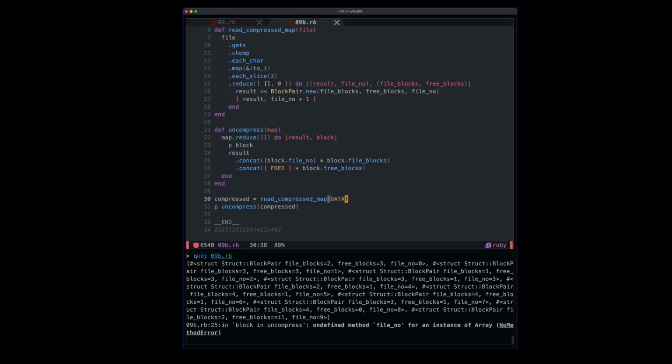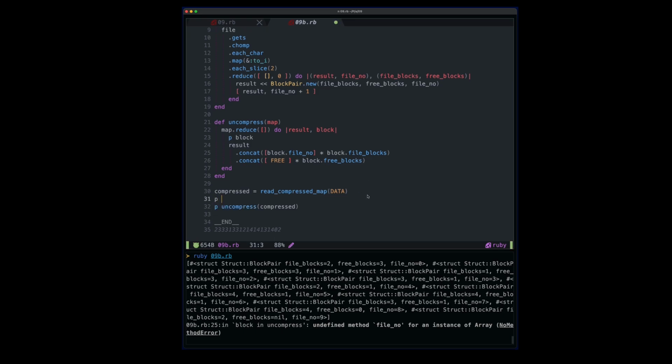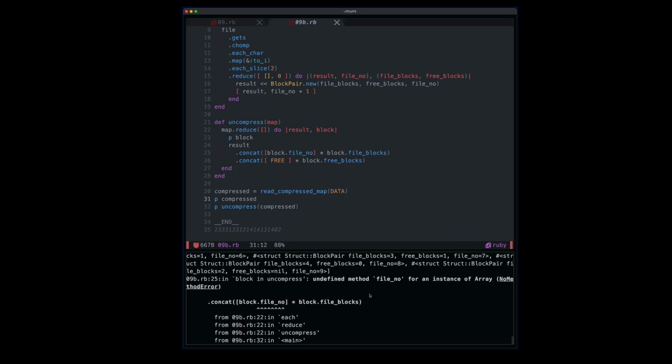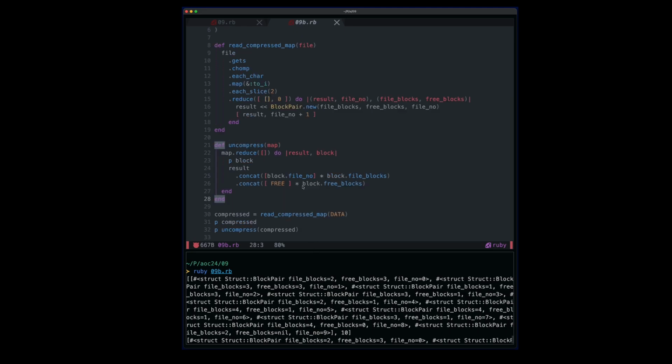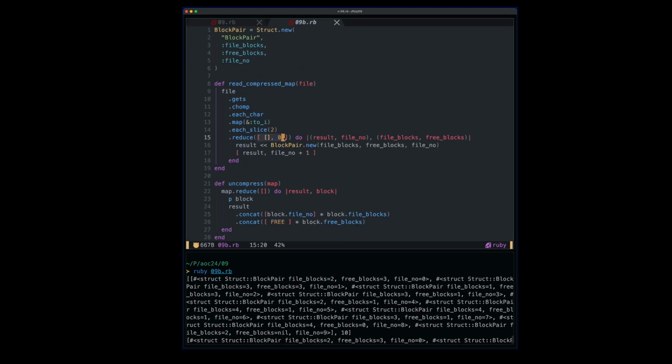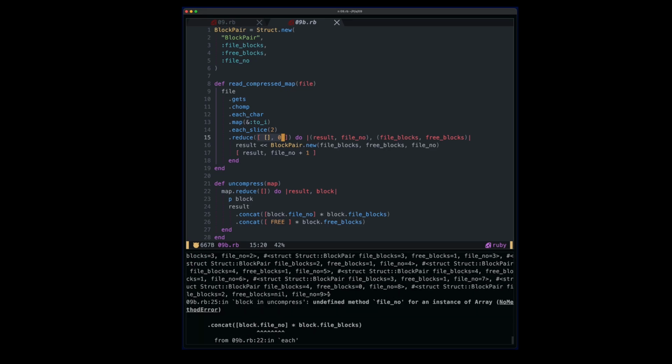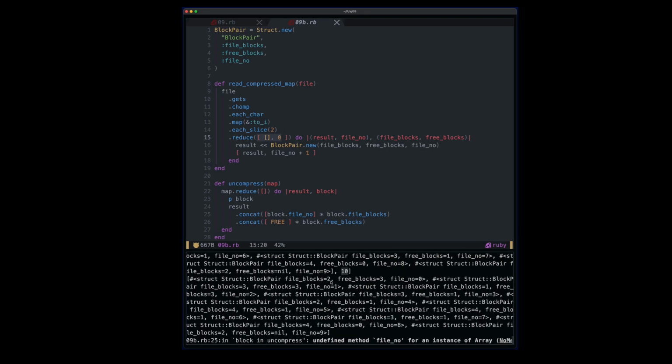Why is that happening? Compressed should be that list, right? So if I reduce over it, then block should be the first entry. So is map not that list? Hang on, let's output compressed here. Oh, compressed is a list. Oh. Yes. Okay, our reduce up here, the value of our reduce is the result and also the last file number. So we're returning a list containing a list of the blocks and number 10 there, which is the file number. So we just want to return the first element of that. So if I just say dot first here,